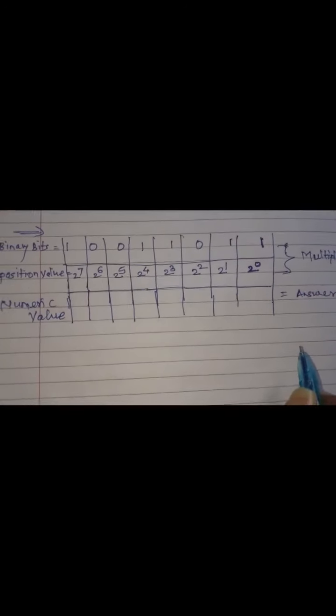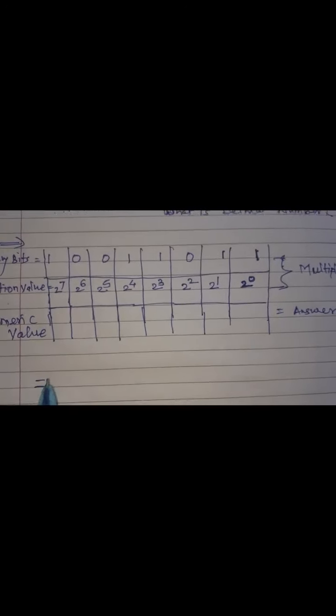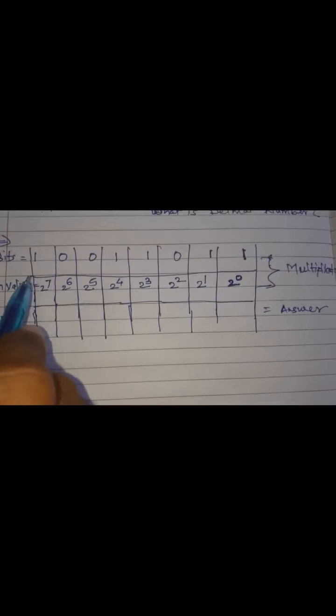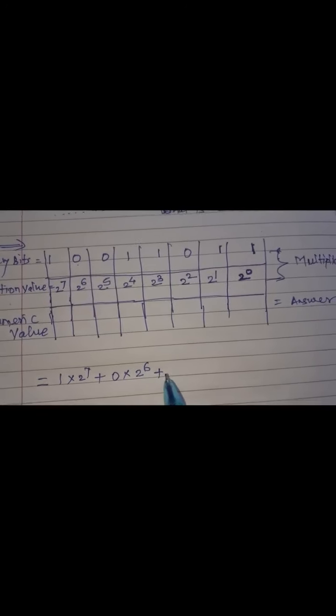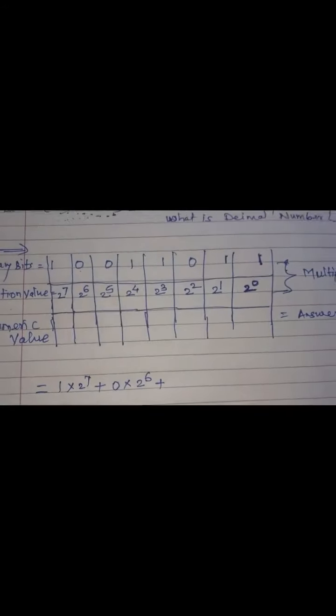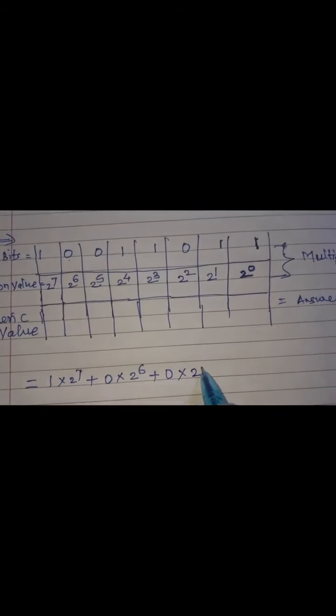How do we take it? First we write it down in this way: 2 raised to... First we write from this position, this one we take first, this 1 into this 2 raised to 7, plus this 0 we take here and multiply by 2 raised to 6, again plus this 0 and multiply by 2 raised to 5, again plus this 1 multiply by 2 raised to 4